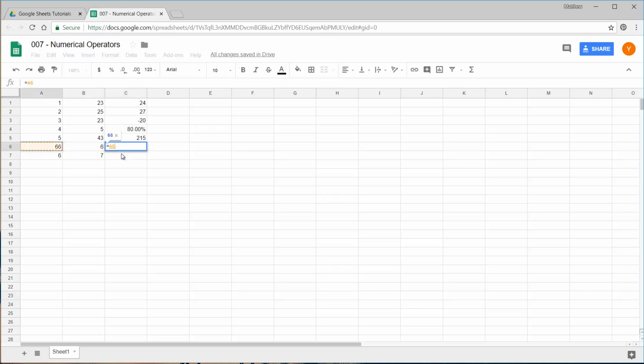So we can do this cell plus that cell minus that cell, and it'll get to 104. We can do this cell times this cell minus this cell, and it's going to use the rules of BODMAS, and my understanding is across the world there's different terms for BODMAS. Some people use BIDMAS, some use BEDMAS. But BODMAS with me is brackets,